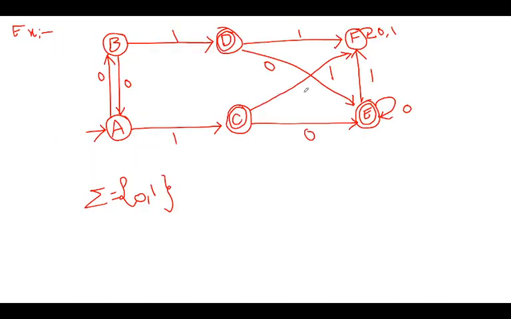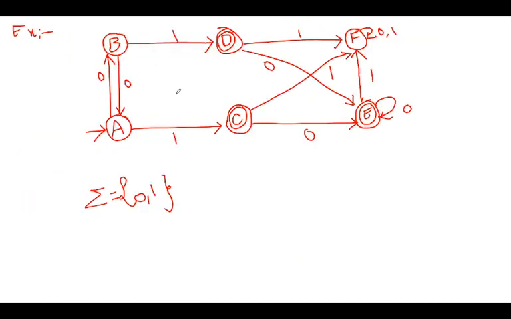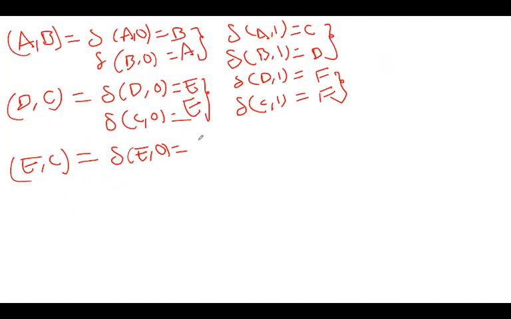C comma input point, C on taking input goes to F only. Both are the same, so skip this part. Then the EC part is there, and E comma C. There is no transition of E comma 0. Transition of E comma 0 is equal to E, taking inputs and staying in the same state only. E of input C comma 0, I already mentioned here, C comma 0 is in E only, so we have to skip that.